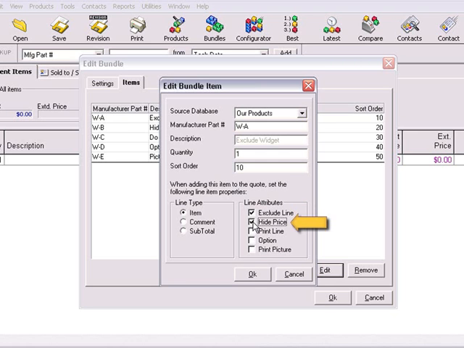This is useful if you want to exclude a particular item, but you don't want to remove it from the bundle. If the Hide Price attribute is set, the price for this item will not be printed, but it will be included in all calculations. This is useful if you want to include items that are part of a group, but you don't want to